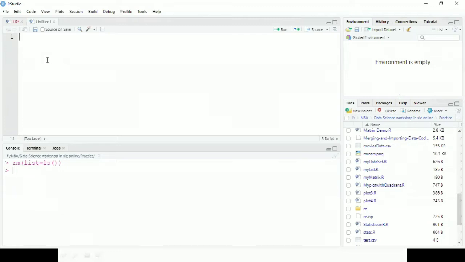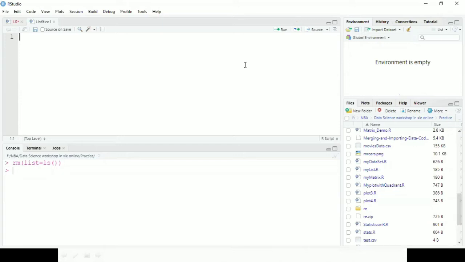It's not required on the cloud, because in the cloud there is already a directory created. First I'll explain how to set the directory in this RStudio software, and then I'll explain for the cloud also. So just wait a few minutes.